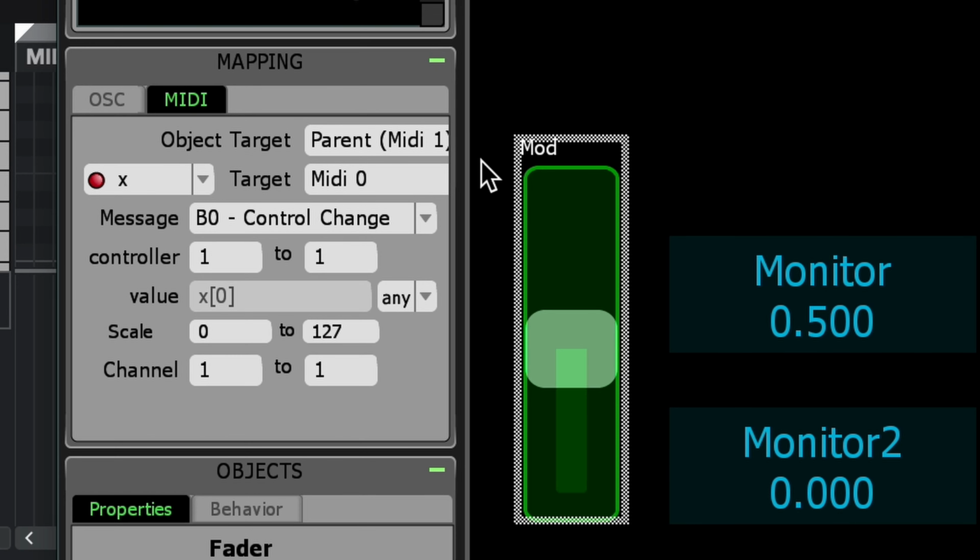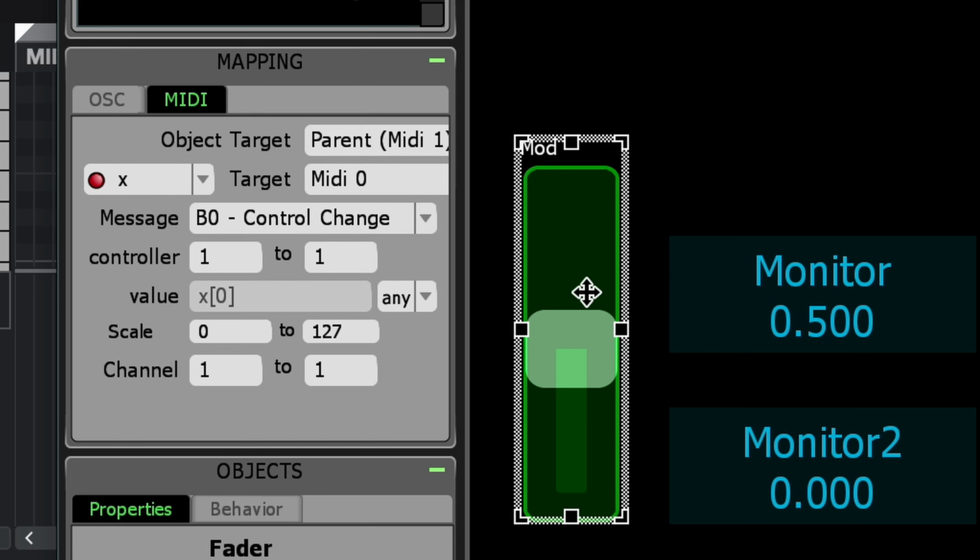In this video, we'll take a closer look at this MIDI mapping panel. If you remember from the first video, when I said that I had to set this controller to 1 in both these places, I said that we could scale this value to a range. Well, we're going to see what that means and get more of a complete picture of this MIDI mapping panel. And the best way to do that is to work on a little feature for this fader where we